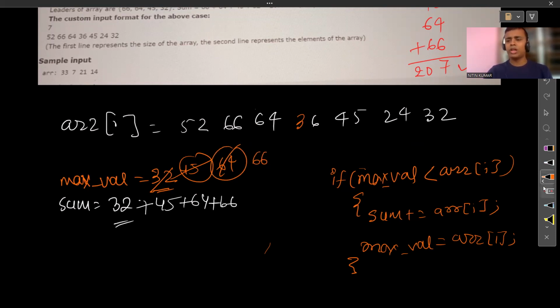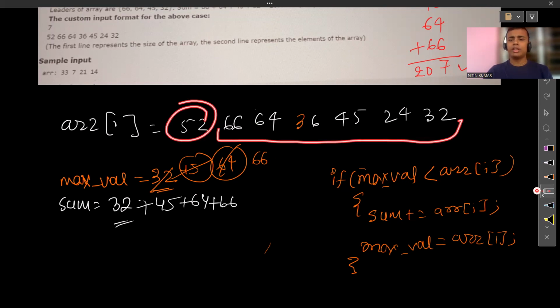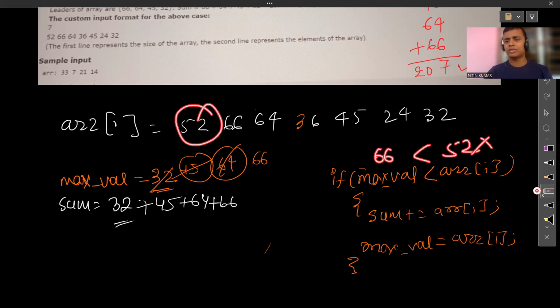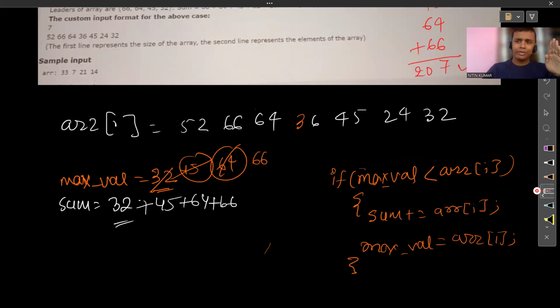Now I will go to the last index because now this will be done. So this will come into my range for this element. Now in this range, the maximum value is coming as 66. So when we are comparing 52 with 66, 66 is not less than 52. So it is false, so I don't have to do anything. And now when I increment one side left, then I come out of this array. So I have to stop it now. Now when I add all this, my answer is coming as